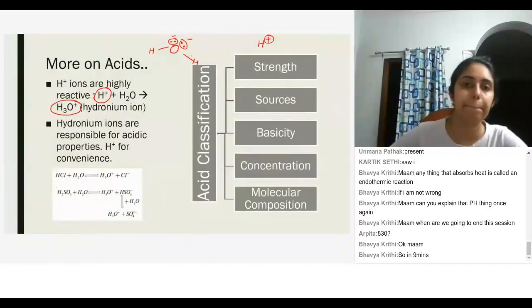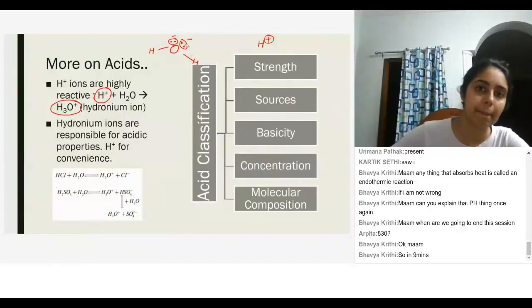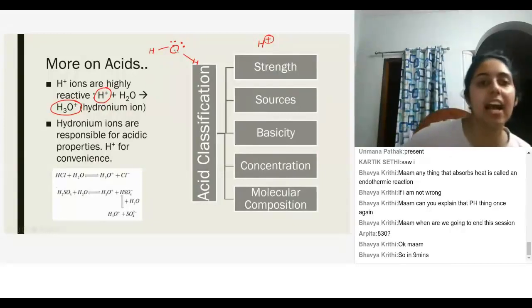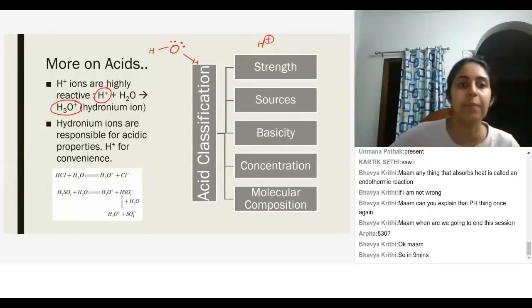Does it co-attach, like the lone pairs are shared with the hydrogen? No, they don't share. There is no sharing happening here. All it does is it becomes close. It comes close to this